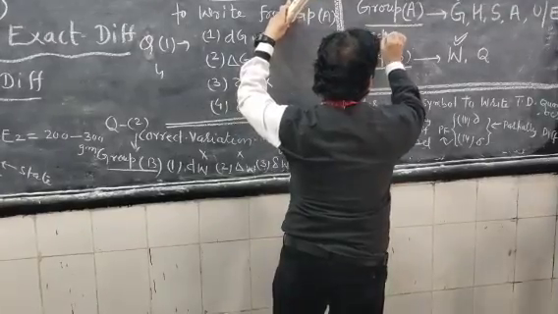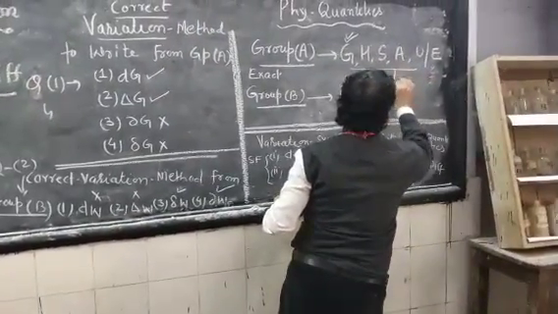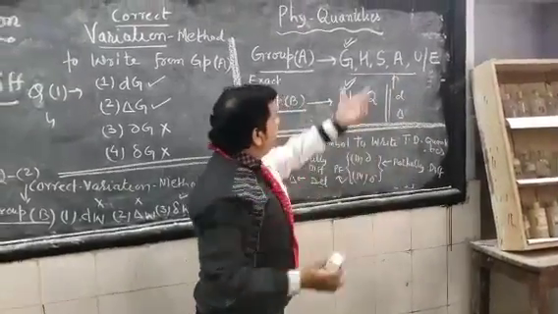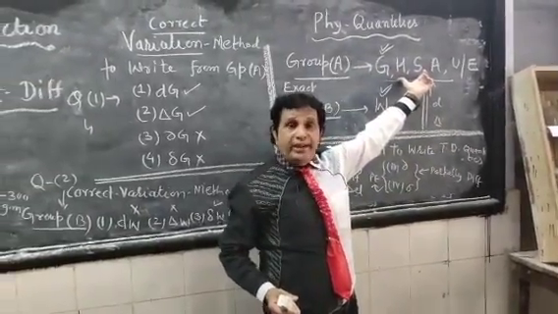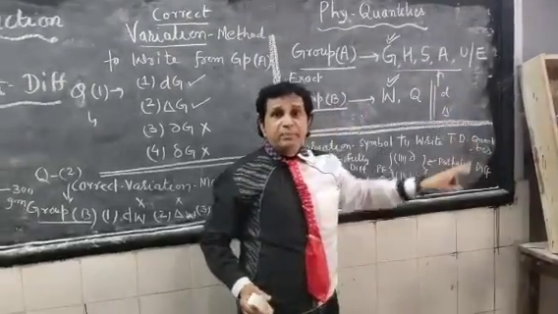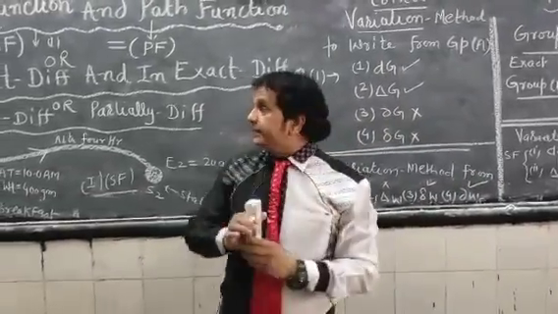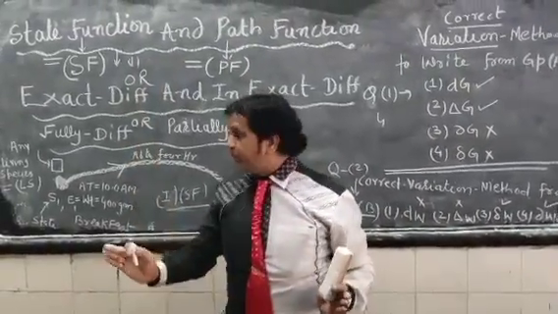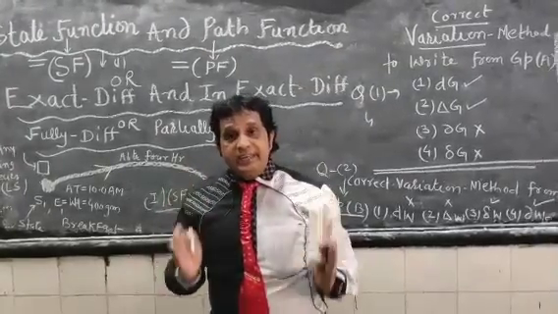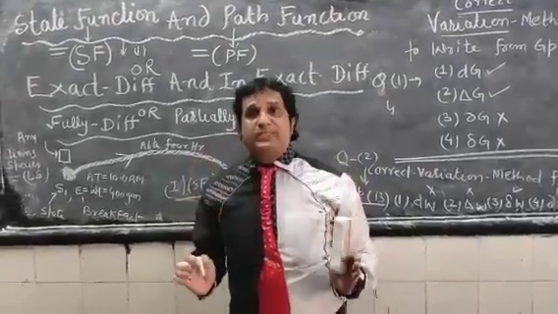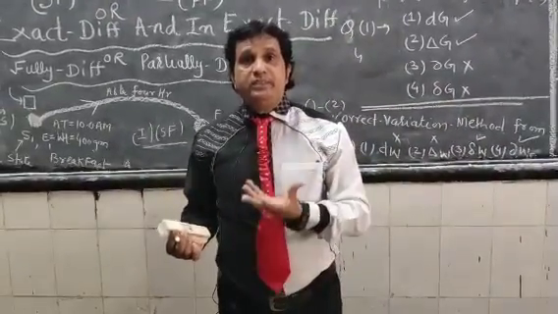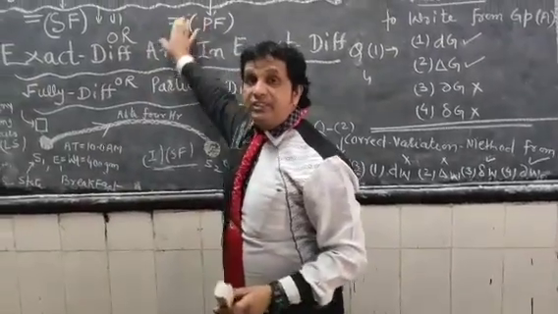Their variation would be represented by the exact symbol, that is D and del. Their variation will be symbolized by the exact method as D and del here. Once again I repeat, state functions are those functions dependent upon state. All the kinds of energy of the universe one can classify as state functions.